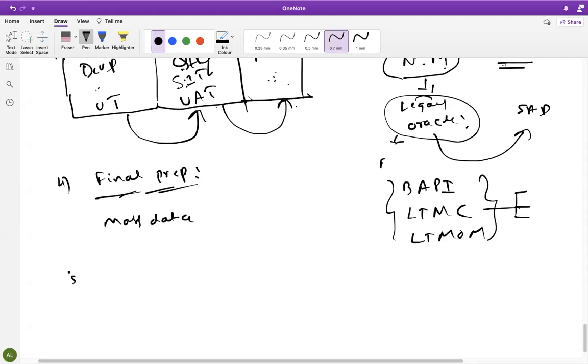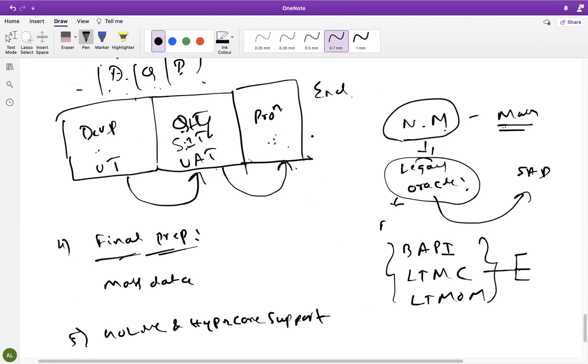And the fifth one is go live and hypercare support. Once everything is uploaded here, then it's the official starting day of the business; that is go live. Once the system goes live, people are working, end users are working. Then we, as consultants from IBM, need to give hypercare support. Hypercare support means this support will be entirely free. 2 to 3 months we will give support to these people.